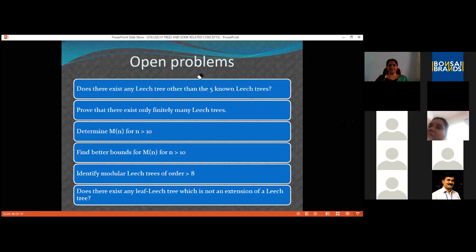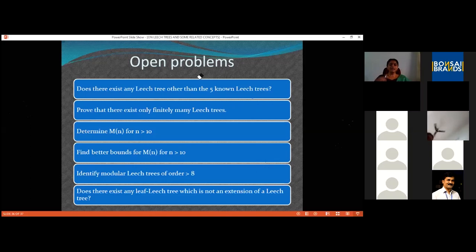Before concluding, let me just show you the open problems about which I had already mentioned in between. The first question is, of course, does there exist any leach tree other than the 5 non-leach trees? The characterization of leach trees is the basic question, the conjecture, but it is not easy to settle the conjecture in general.